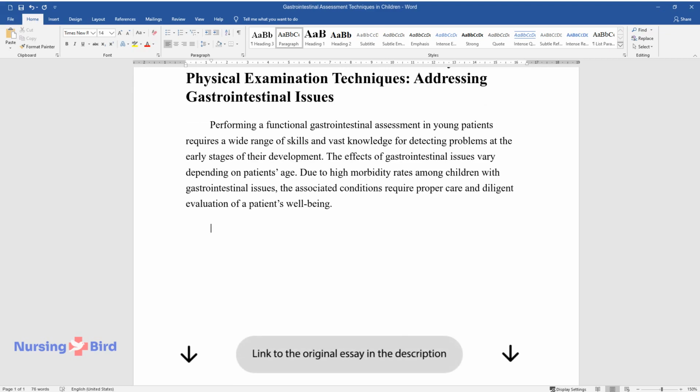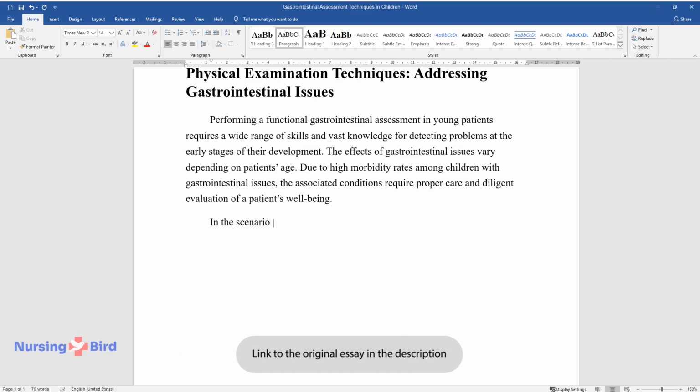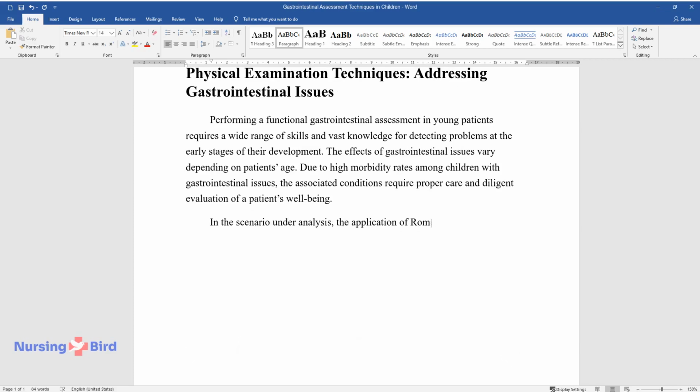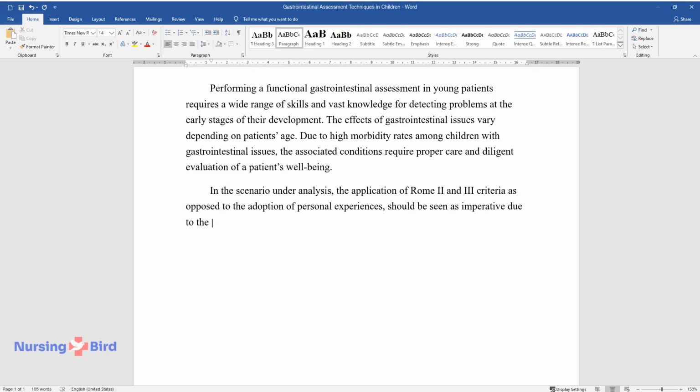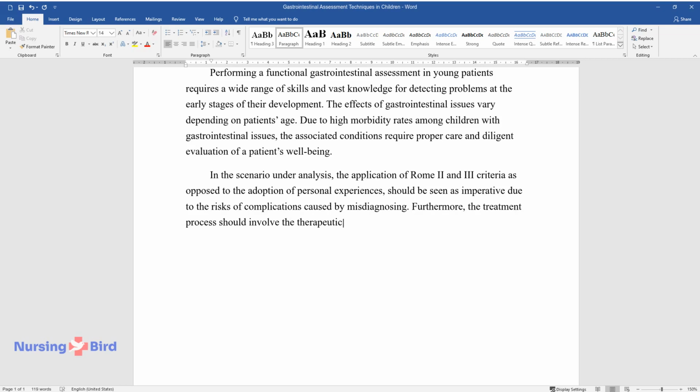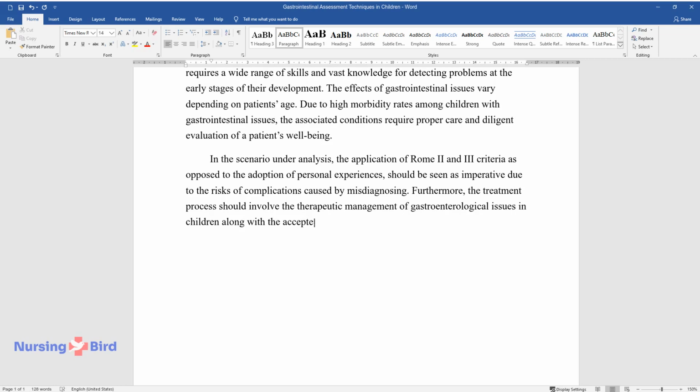a patient's well-being. In the scenario under analysis, the application of Rome 2 and 3 criteria, as opposed to the adoption of personal experiences, should be seen as imperative due to the risks of complications caused by misdiagnosing. Furthermore, the treatment process should involve the therapeutic management of gastroenterological issues in children along with the accepted range of